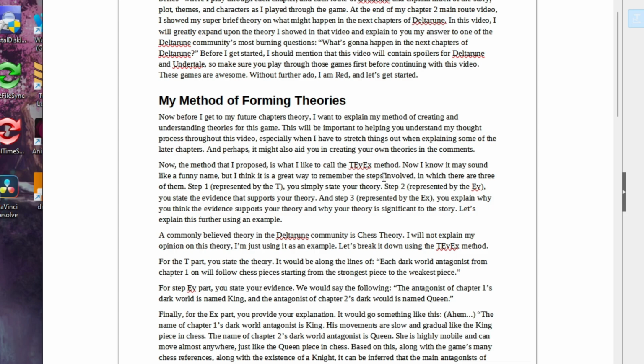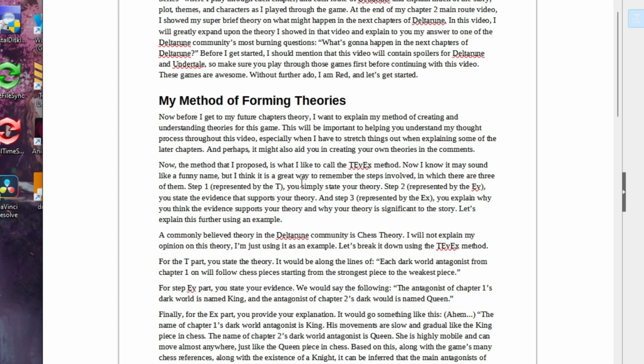When I was thinking about this part, I was thinking, what should I name my methodology? I did get one comment saying that my methodology is pretty similar to CER, claim evidence reasoning, which is typically used in science and all that. This method is pretty similar to that. I wanted to find a way to make it easy to know. Originally I was going to say just CER method, that was it. But I thought that would make the video a little too boring. So instead, I came up with a different way to remember the name.